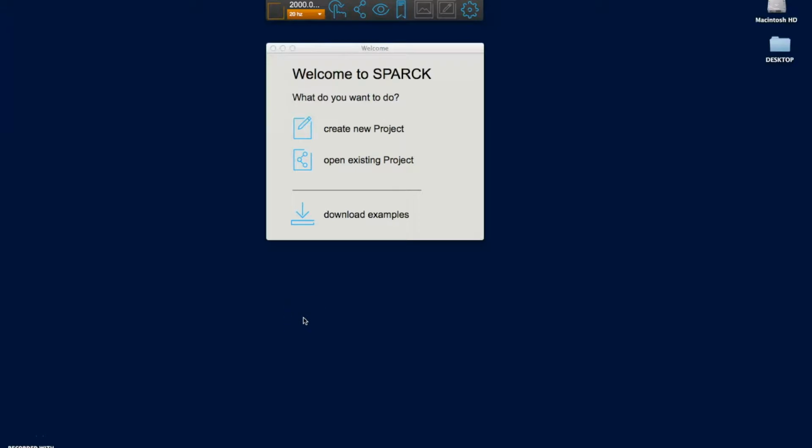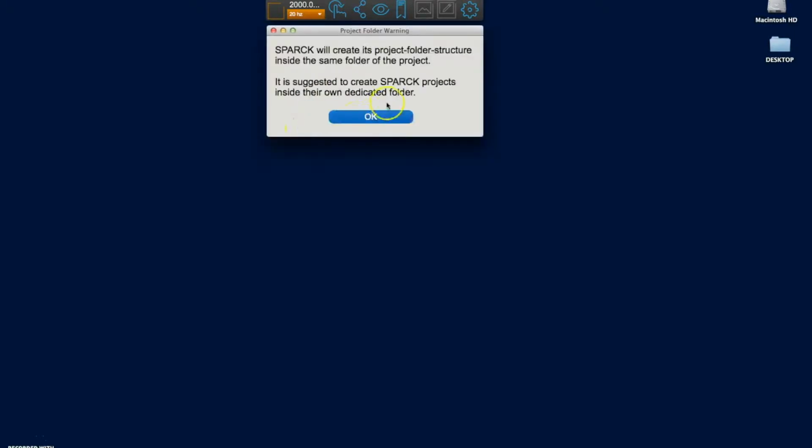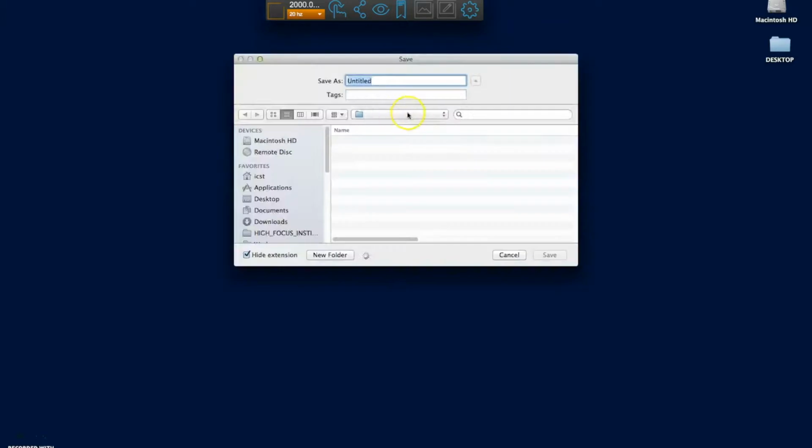Okay, I'm sitting now at the desktop. First thing I do is start up SPARCK. I tell it to create a new project. Here is a warning that I need to save it in its own folder, otherwise I'm messing things up. So I'm going to save it on the desktop, create a new folder,